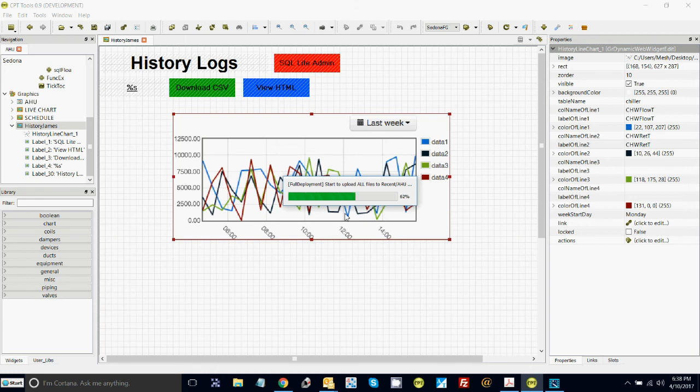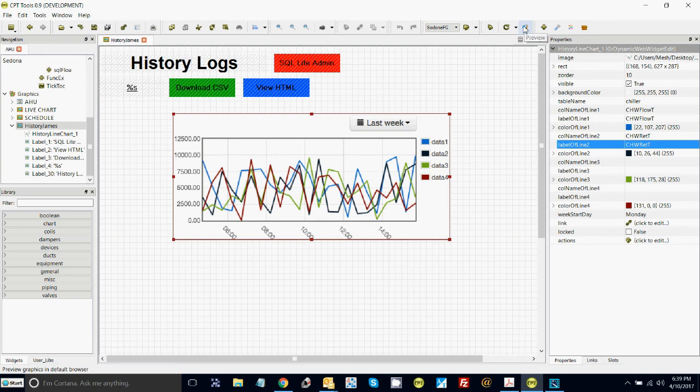So when that's done, we will review that graphic, and we will be then at the end of Part 8 of this FG basic training. As I said earlier, you can email these reports, and that is covered in the document. It's a new feature we just added recently, and I'm sure you will like that. So in the usual way, we just go to the preview button up here. That will take us to the graphic,